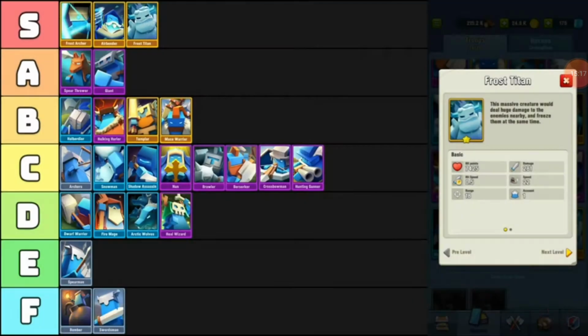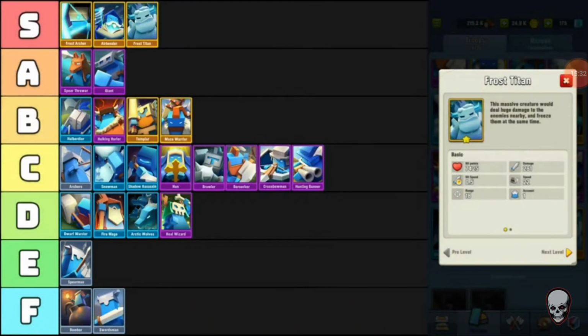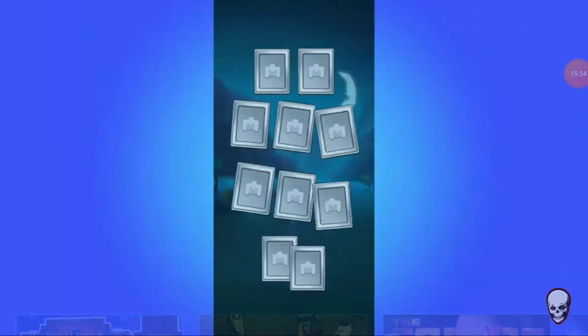The Frost Titan. This massive creature would deal huge damage to the enemies nearby and freeze them at the same time, and the description is in past tense. The reason why I rank him higher than the Giant is because of his skill. The Frost Titan will decrease movement speed and attack speed of nearby enemies, and every 2 attacks from the Titan will freeze enemies. So he's a really good tank that will just keep on freezing enemies. He pairs up great with Giants, but he just doesn't have as much hit points, so what stands out here is the skill. One thing to keep in mind as we...